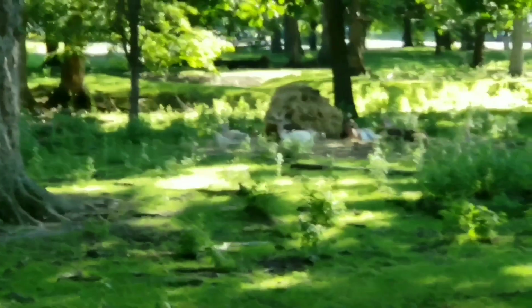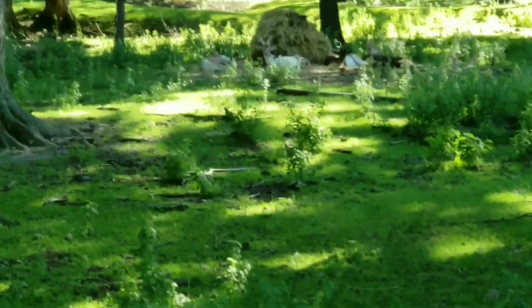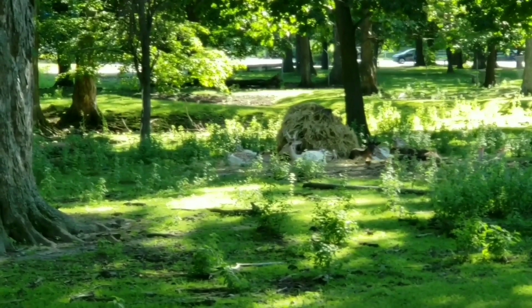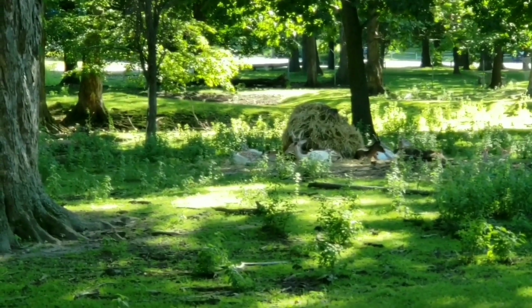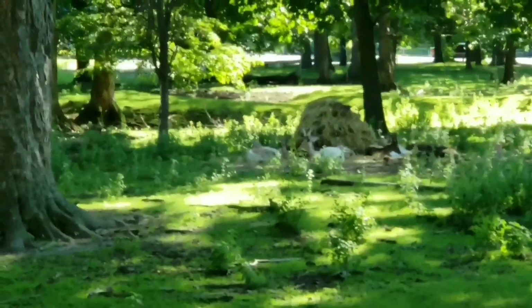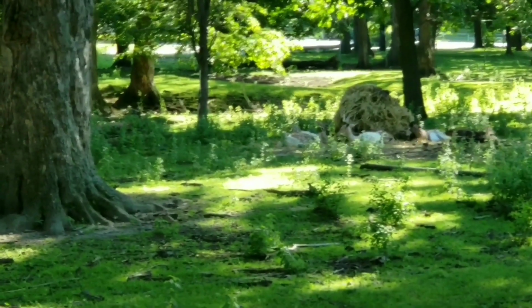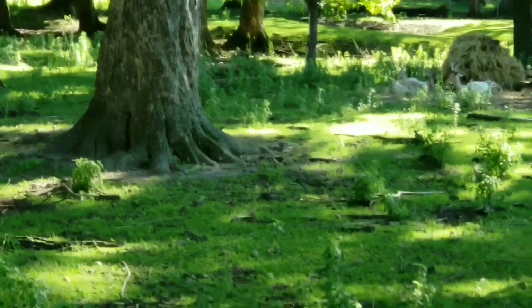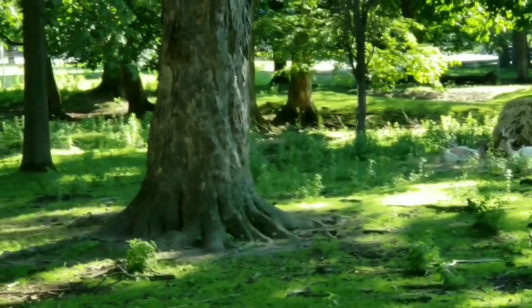I don't know what kind of deer they are. They aren't whitetail, but they're pretty big. I don't know if you can see those antlers. Instead of an antler coming up with a bunch of parts broken off of it, it just looks like one on each side. I do see what looks like a spotted deer right there, and then there's some that I just don't know what. But this is really cool because it's at like a veteran's